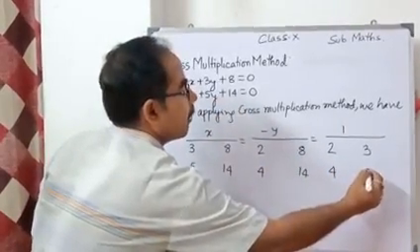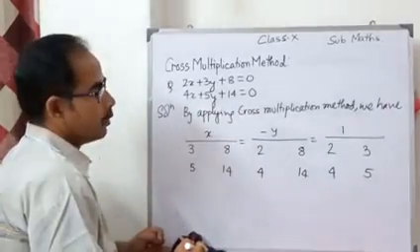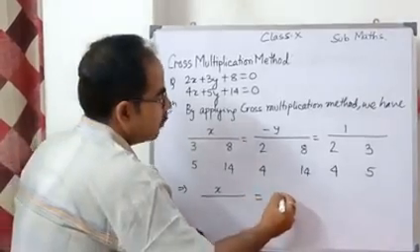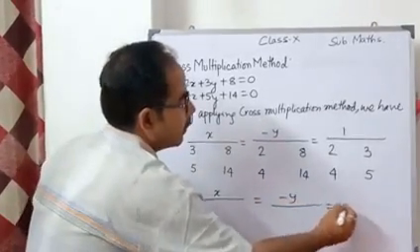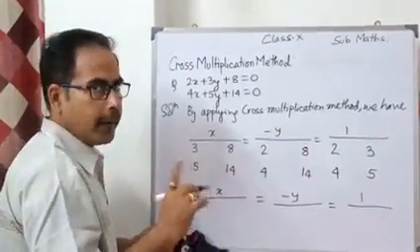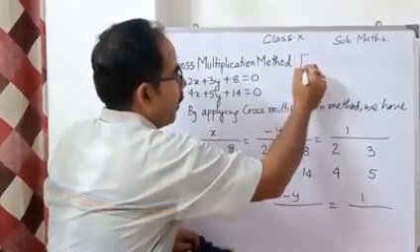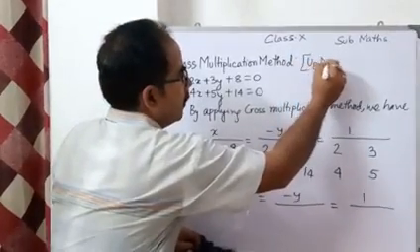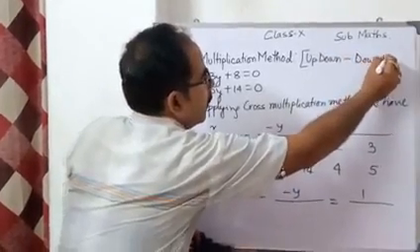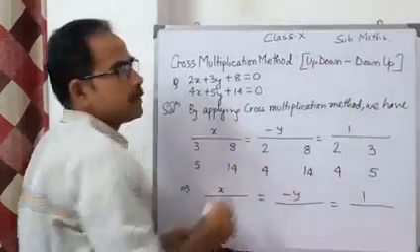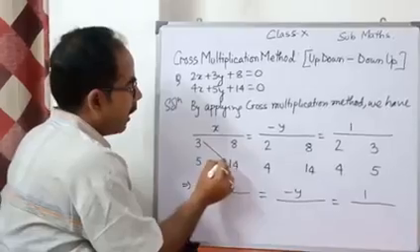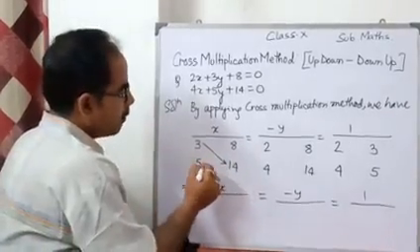Now what we will do, second thing, again you just write like this way at first. Okay, now go like this way, up down and down up. Keep these things in your mind. I am writing here up down minus down up. You have to keep these things in your mind. Up down, down up. Look at here. Up down minus down up.